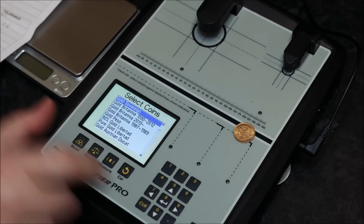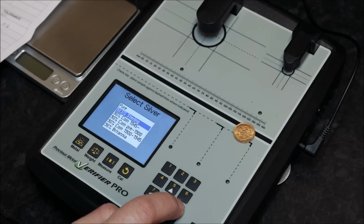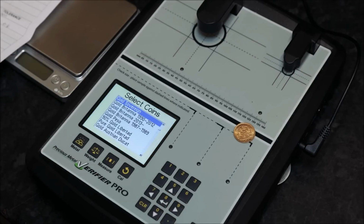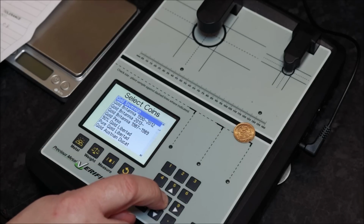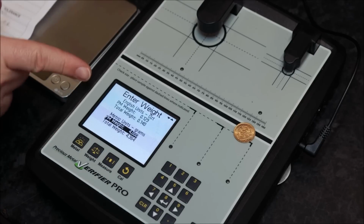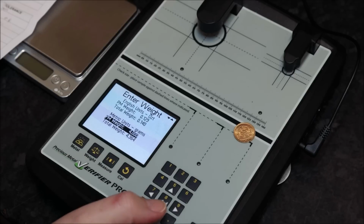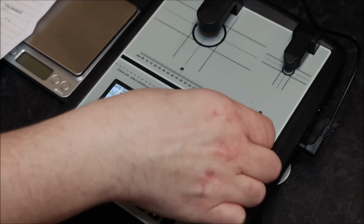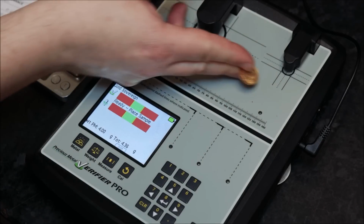First, you'd select the type of metal you're checking for. You've got the choice of gold, various purities, silver, other types, and it even does it selected by coins. So sovereign, because sovereign and half sovereign have the same metal content. You then set the weight of it, which you can do either by ounces or by grams. In this case, half sovereign is 4 grams. And test it. It needs to cover the full gap in the black circle,